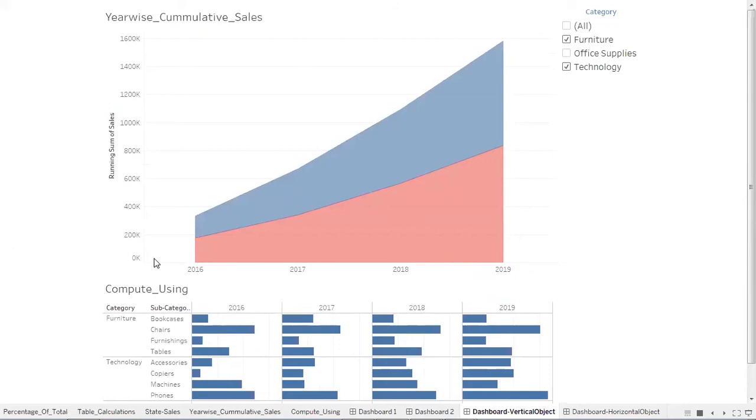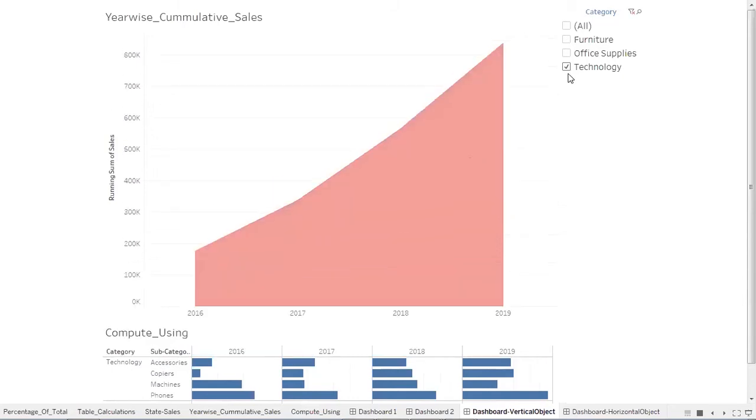So you'll see over here, corresponding to the selections I made, the size of this table got reduced, and correspondingly the extra space available due to the reduction of the size of this table, this graph increased its size to auto adjust to the entire view of the dashboard. Similarly, when I would like to see only technology, I'll select only technology. Now you will see the lower table is showing me the details only for the technology category, and this graph has increased its size. So in this way, these graphs are auto adjusting their size based on the available space